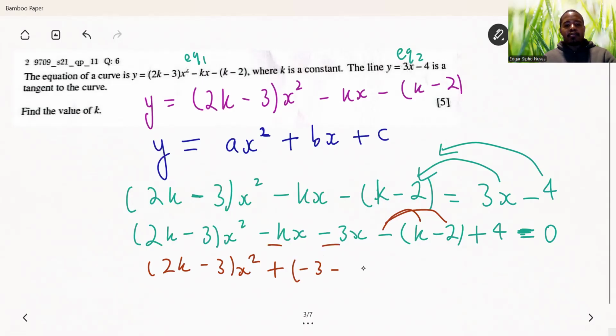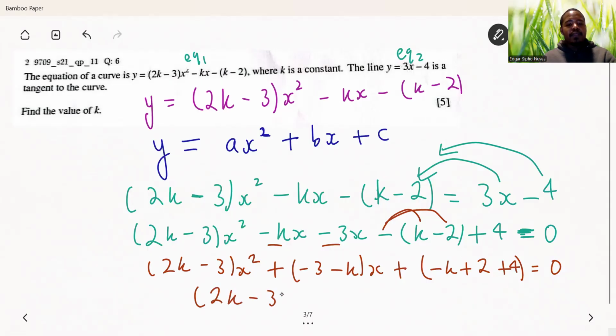It's going to be minus 3 minus k. That's now the coefficient of x. And then distribute the negative here. Negative times k, negative times negative 2. That's going to give us the constant. I'm going to say plus, and I'm going to put the constant in one bracket. So it's going to be minus k. Negative times k is minus k. Negative times negative 2 is positive 2. And then I have this plus 4, which then gives me the final quadratic form